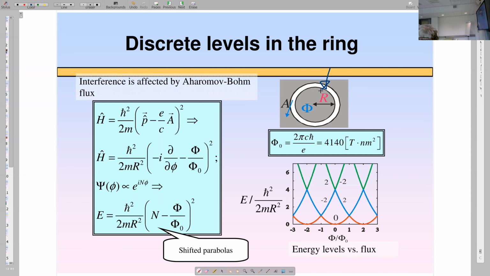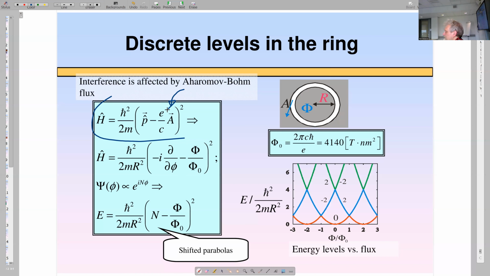So, the electron just goes around the ring, and the angle phi is a good coordinate to characterize its position. Let us see, what can I do? I can sketch the Hamiltonian. I will put in a magnetic field because it's fun to do it with a magnetic field in this situation.